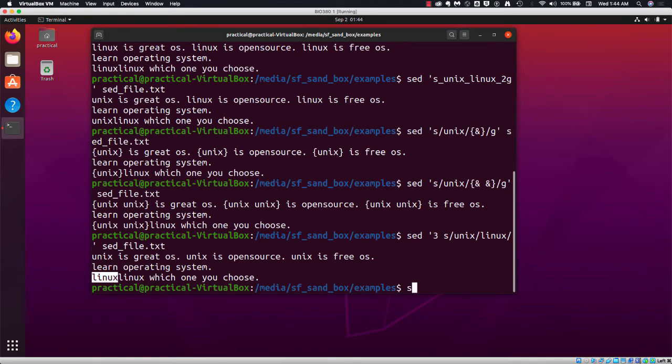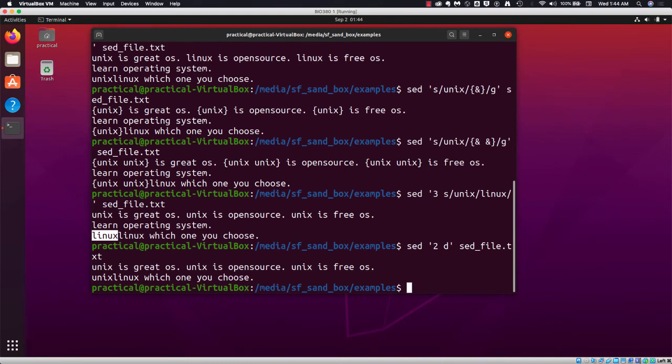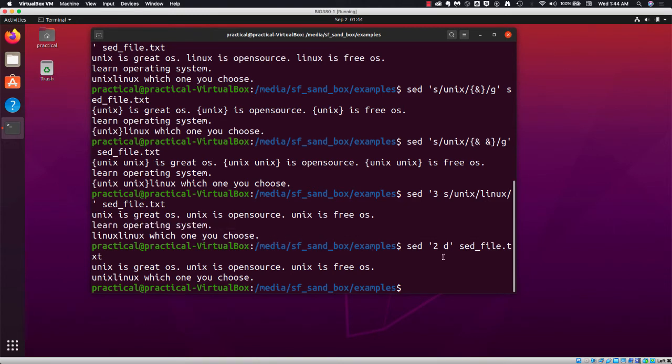I can do things like delete lines too. Also a very useful thing. So if I want to delete the second line, now notice this whole line has gone away. And then I can also do things like,